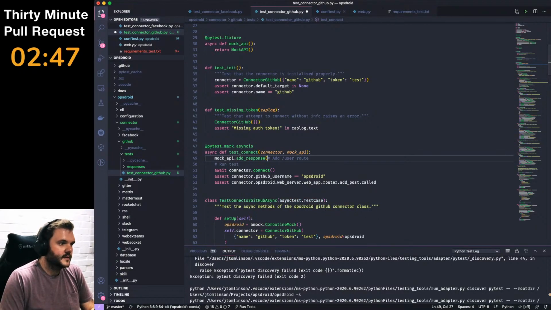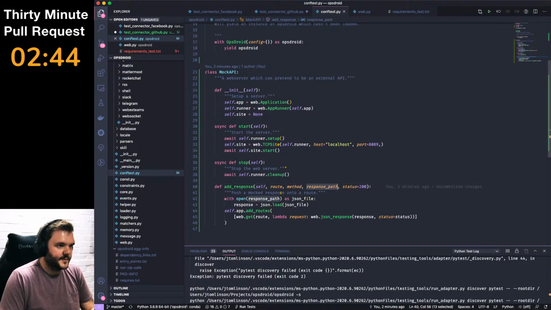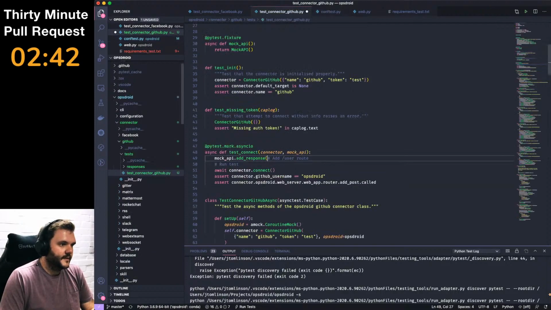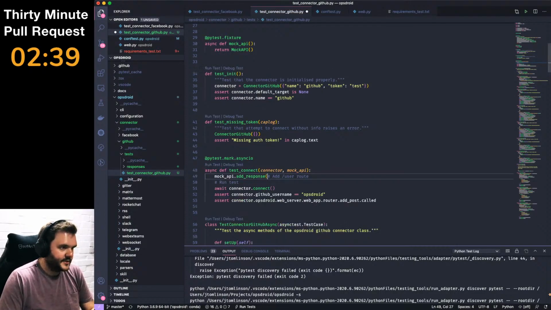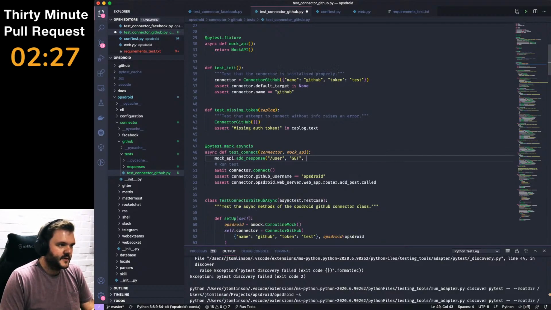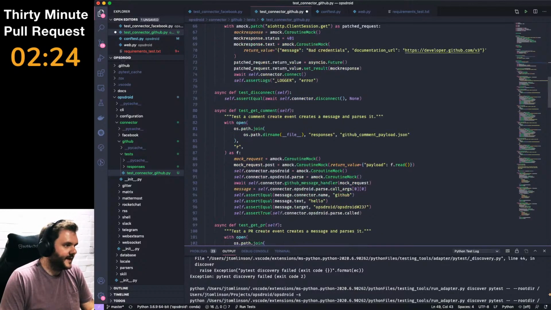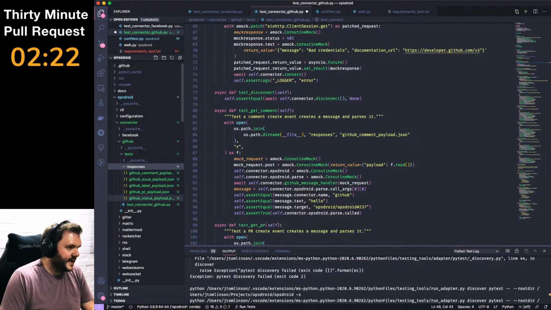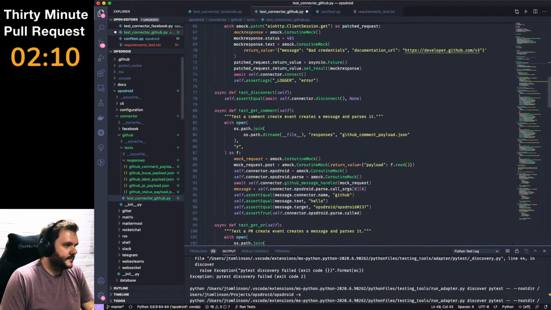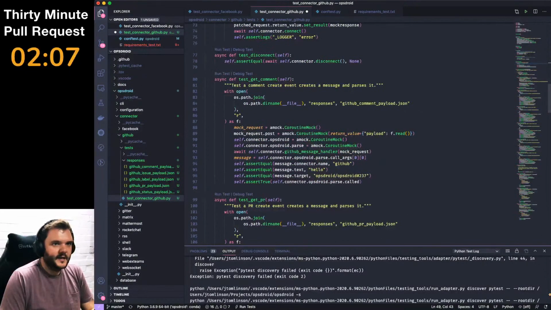And then that takes the root, the method, the response, and the status. So the root is going to be /user. The method is going to be get, although it doesn't matter because we're only using a get anyway. The response path is going to be that file path to the... we have responses here. I don't know if I actually have a correct response here, because I don't think that connect had one, did it? Let's just quickly